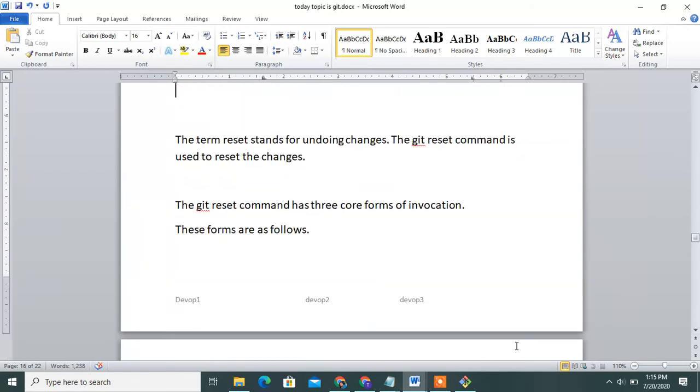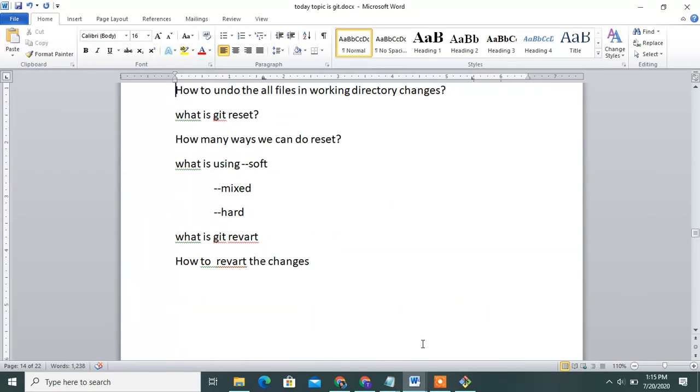Okay, then the last topic is what is revert and how to revert the changes. What is revert?